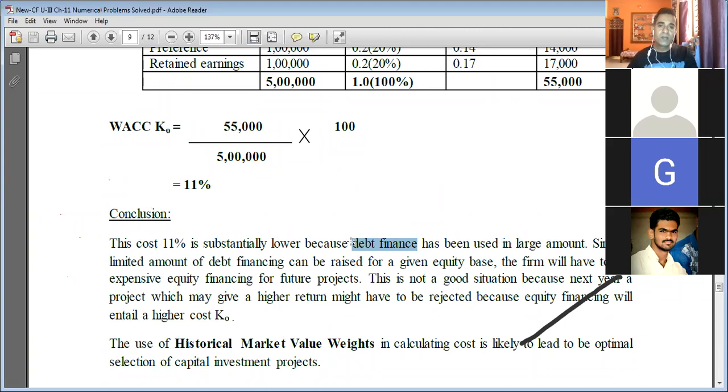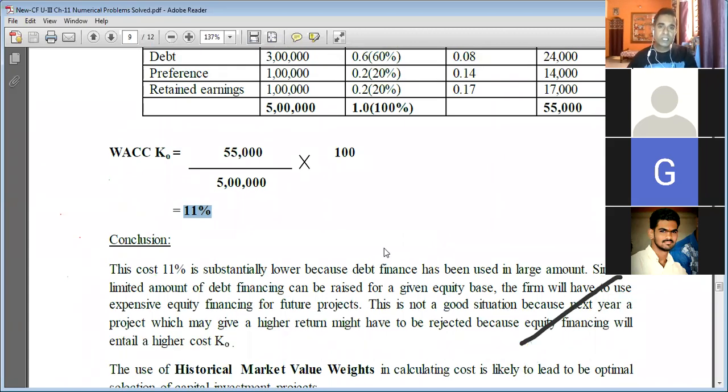That is where managers come into the picture. Finance managers need to know the optimal level of debt at which the weighted average cost of capital is lowest. And while raising finance this year through a capital structure, what will be its impact on the future period when they want to raise capital again? That also has to be taken into account. Since this year already 60% of the capital raised is debt capital, next year the company has to